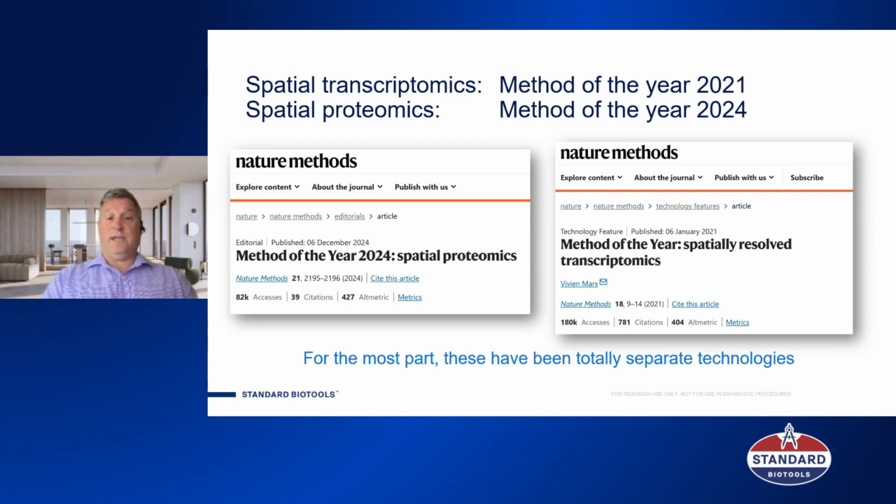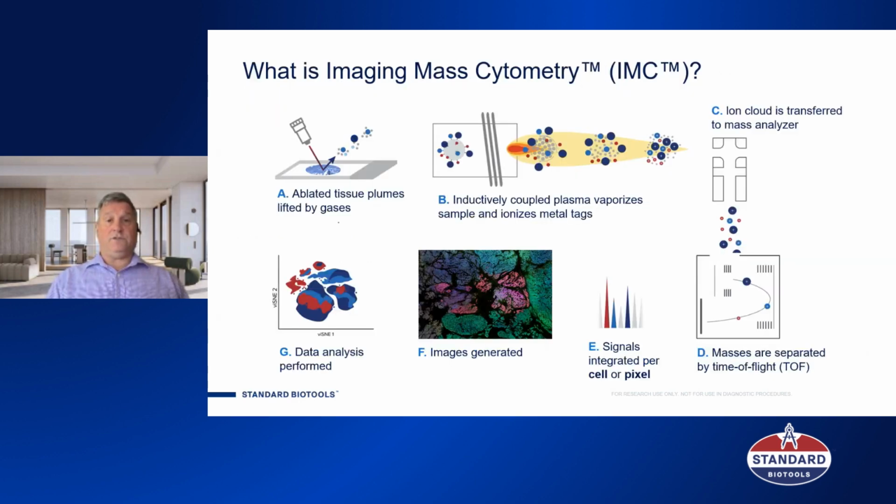proteomics. They were each named Method of the Year by Nature Methods, one in 2021, one in 2024. It's interesting that spatial proteomics came later because it started long before spatial transcriptomics. In fact, it started back in the 1940s and really started to develop in the 70s with the development of IHC, immunohistochemistry, and has grown ever since. But in general, up until very, very recently, these have been totally separate technologies, and combining them has been very difficult. So I'm going to talk to you about the way that we do that, and it's using something called